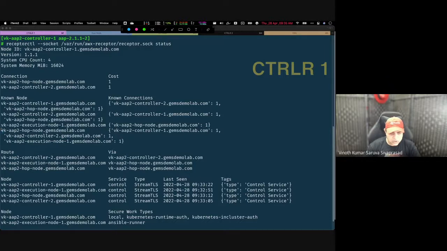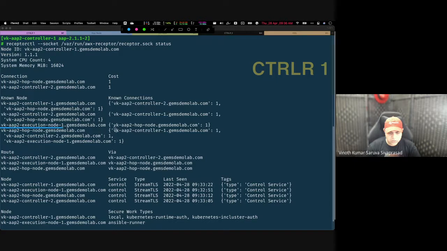The hop node is connected to controller one, controller two, and execution node one. Even though controller one is not directly connected to the execution node, it knows that the hop node has direct connections to controller one, controller two, and execution node one. Similarly, for the execution node